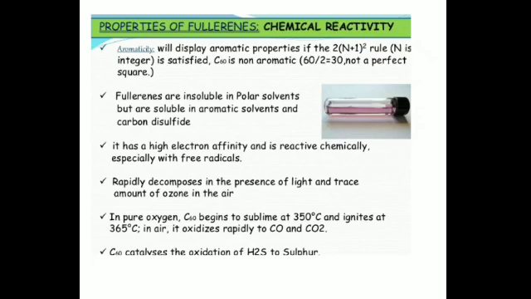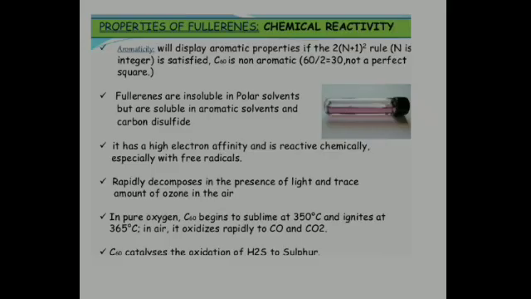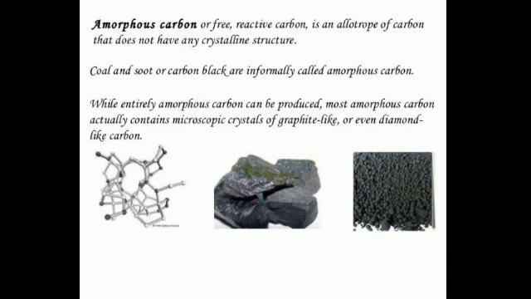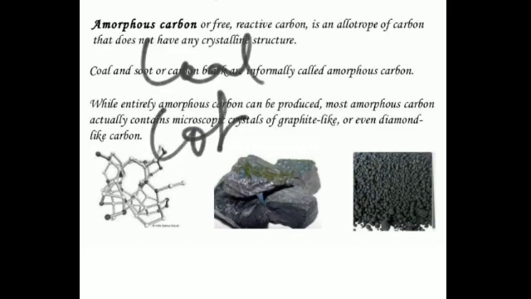Let us proceed with the amorphous forms of carbon. So what is an amorphous form of carbon? When the constituent particles, whether in the form of atoms, ions or molecules of a substance, are not arranged in a geometrical pattern and do not form a particular shape, the substance is called amorphous. The amorphous forms of carbon are coal, coke, charcoal, lamp black and gas carbon, which we will discuss in detail in this chapter.